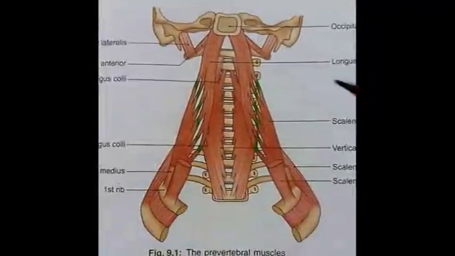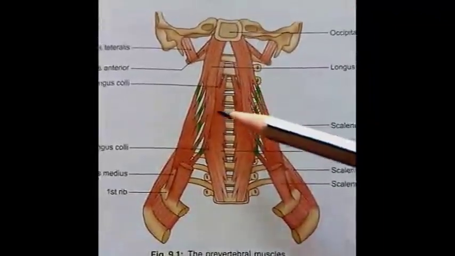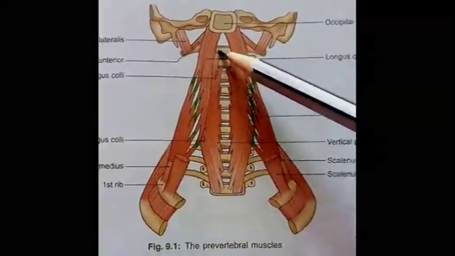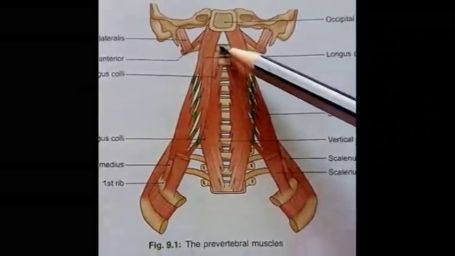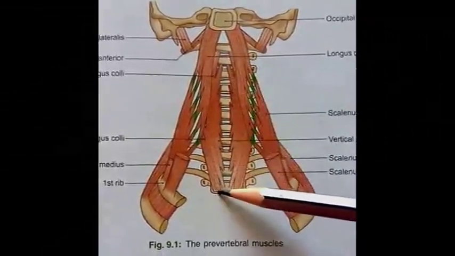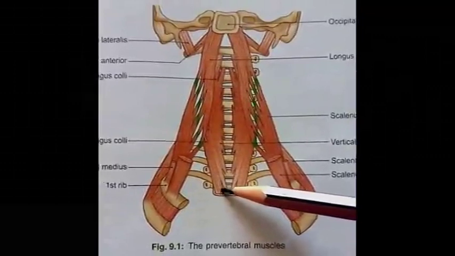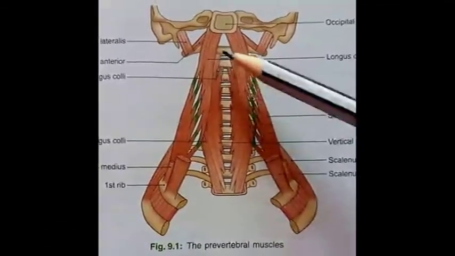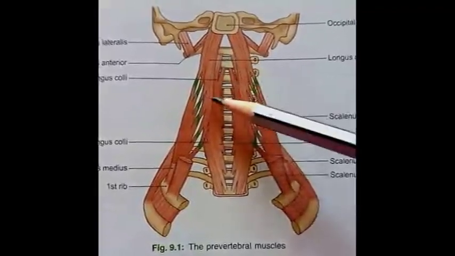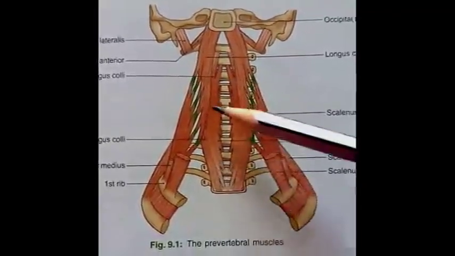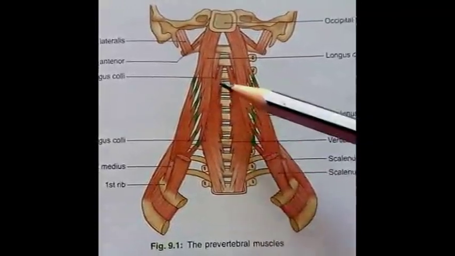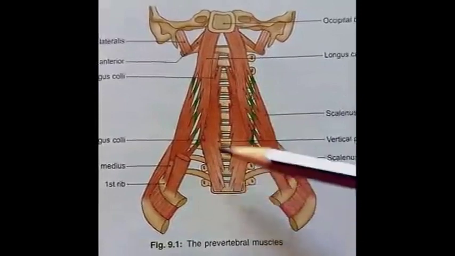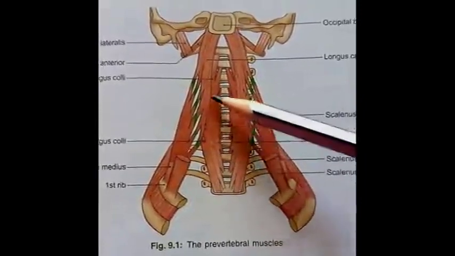First muscle is longus colli muscle. Longus colli muscle is a long muscle. It extends from atlas vertebra, which is visible here, first cervical vertebra, to the third thoracic vertebra. It has 3 parts: upper oblique part, lower oblique part, and middle vertical part. Means its fibers run obliquely in the upper and lower part, and fibers run vertically in the middle portion of